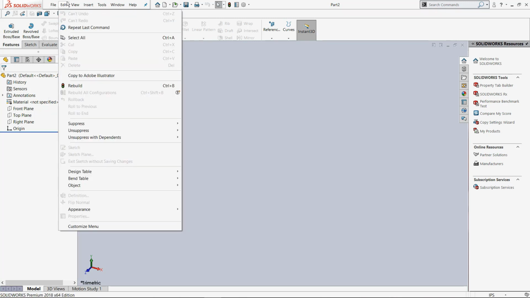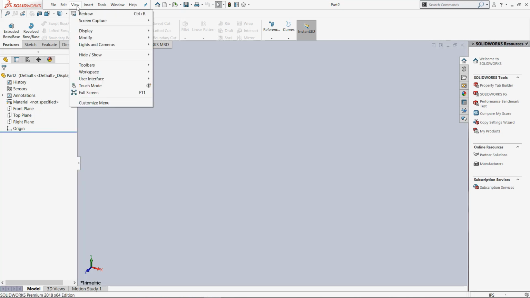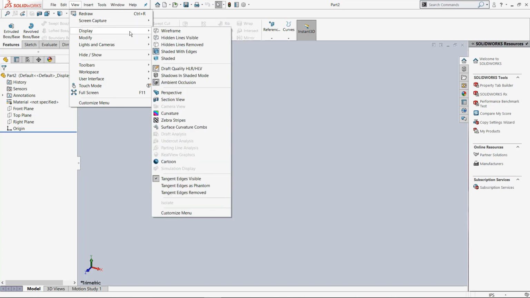Then there is an Edit menu, which includes undo, redo, repeat last command, and other simple edit options. There is a View menu, which allows us to select the view we want in our workspace. Like if we want to clear all this, then we have to redraw. There is also a screen capture, like video recording or image capture of the design we have made, and then there is a display option to set the type of display,